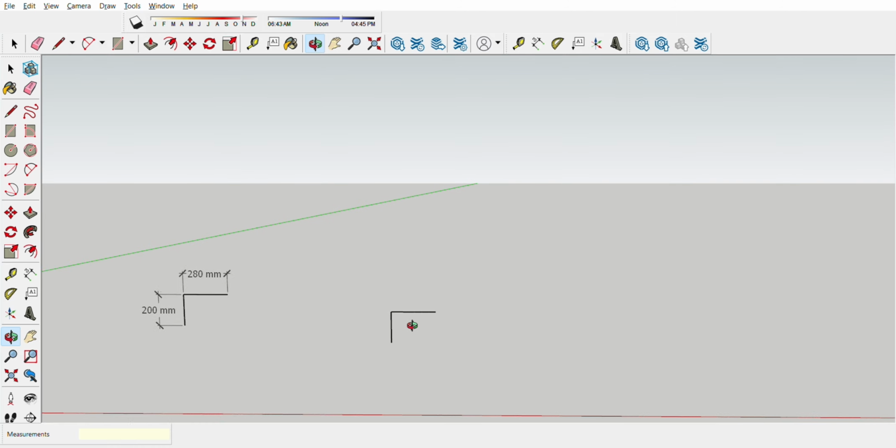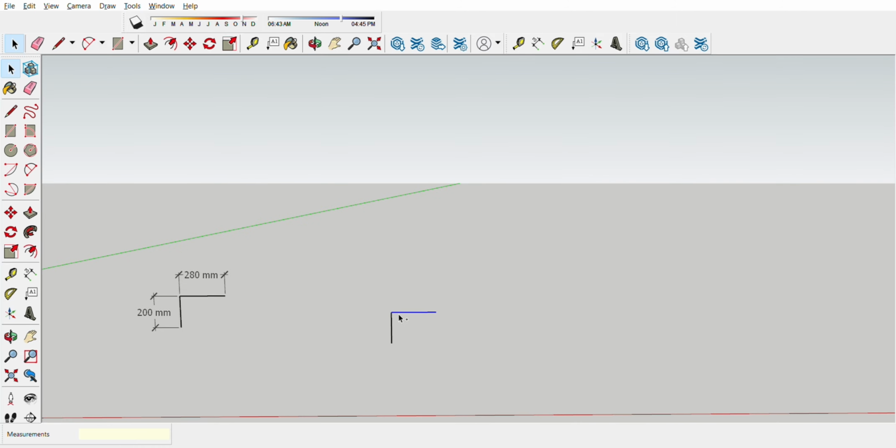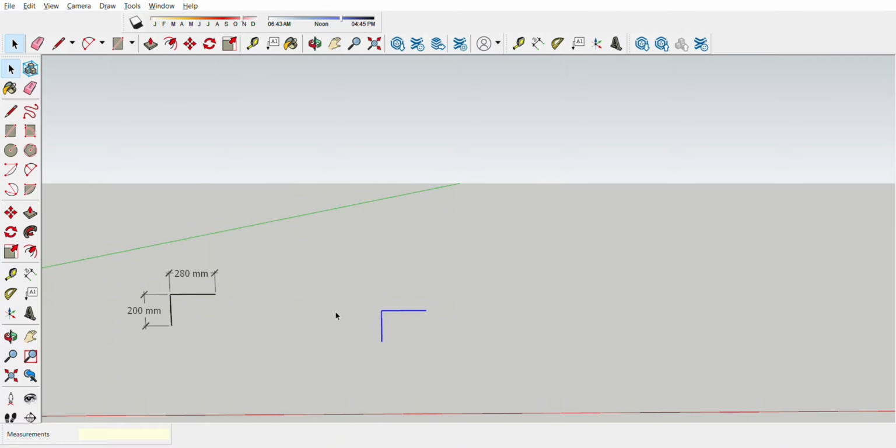See, we will copy this one. SketchUp is very easy. Just select this one, press Shift or Control to add selection.